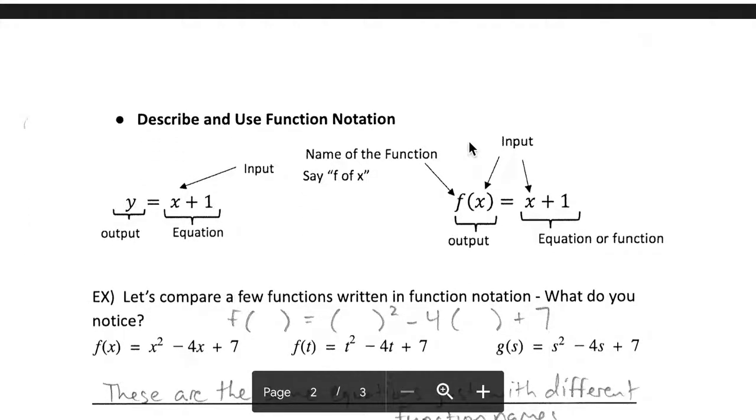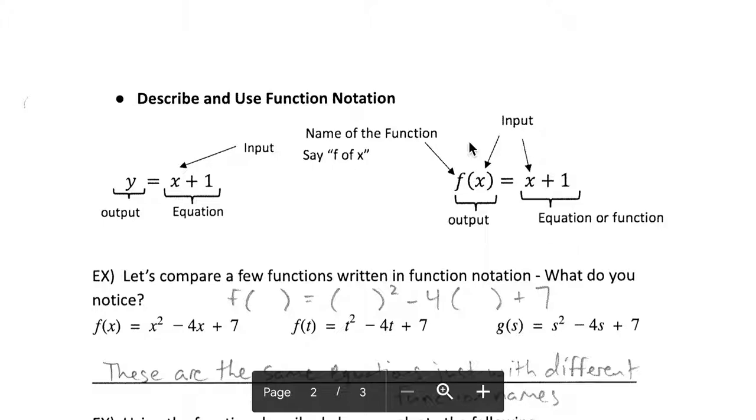Let's practice describing and using function notation. In the past, your math class maybe had graphs represented by things like the slope-intercept form here, where we use a y for an output and we use an x for an input. As we get more advanced in math, we stop using that y and instead we use a function name. For instance, this function's name is f, and if we put that together by stating what the input variable is